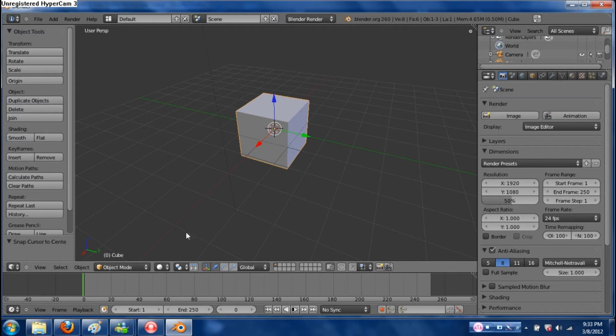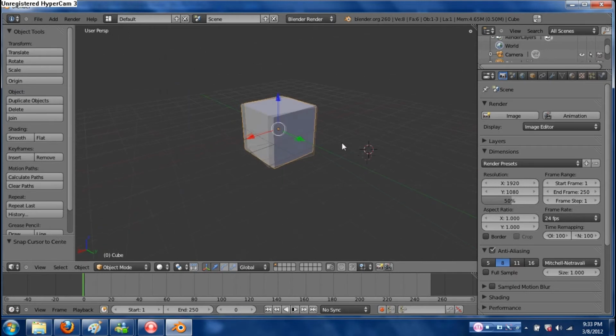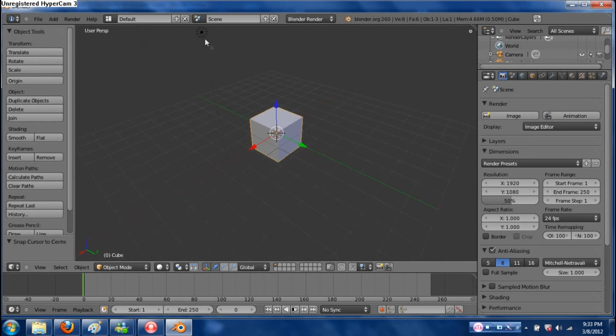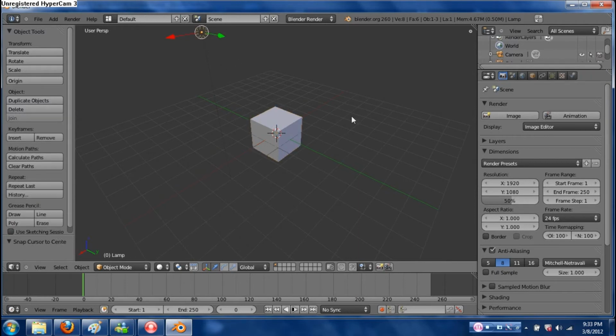So onto what I was explaining, you need a 3-button mouse to navigate your way through Blender. The left mouse button is for moving the 3-dimensional cursor. And so just put this back right here real quick. That's not what I want to do. Center. Then you need the right click for selecting things such as the cube and the lamp.